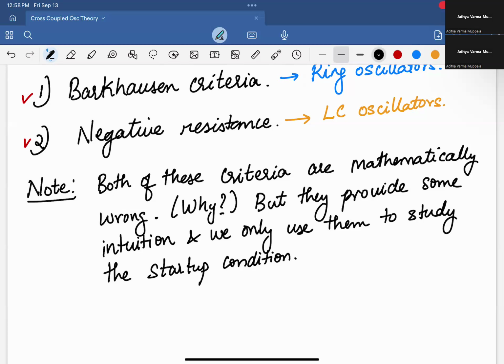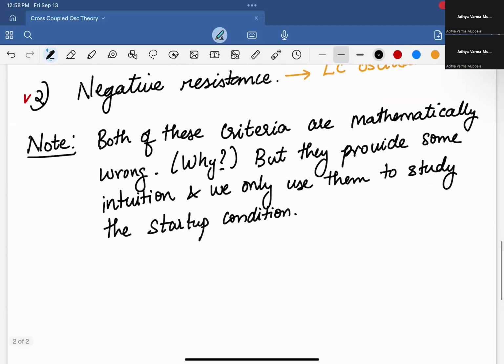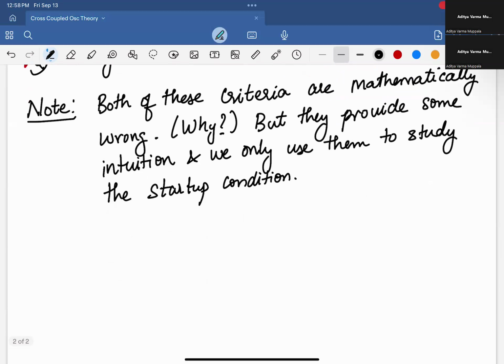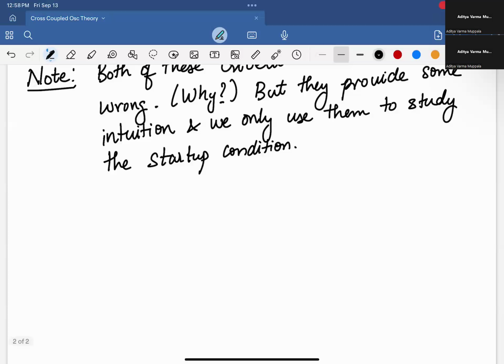So just think of these criteria as sort of an intuitive approach. They're not exactly mathematically rigorous. Okay, so enough about that. So let's get started. Since we're doing cross-coupled oscillators, we'll look at the LC model and we'll use this